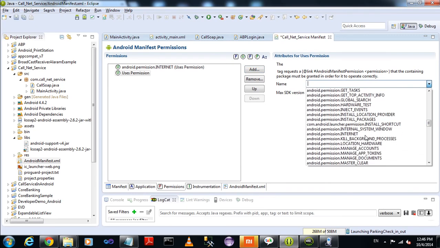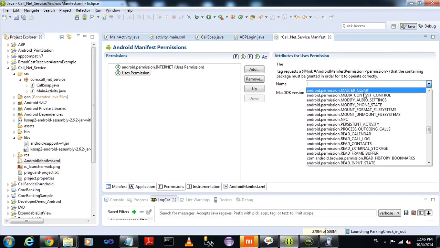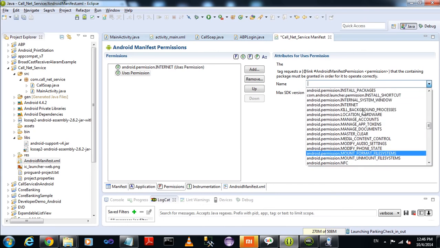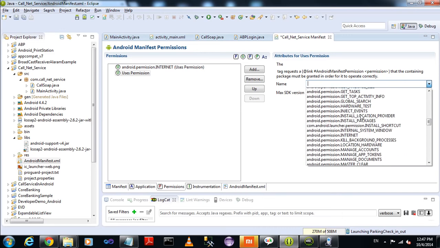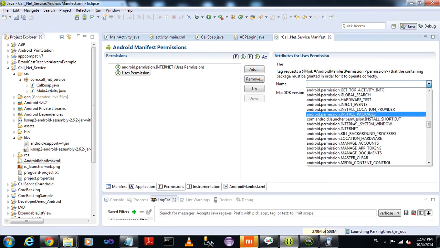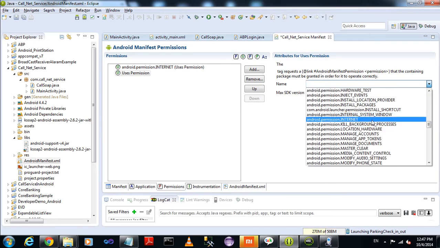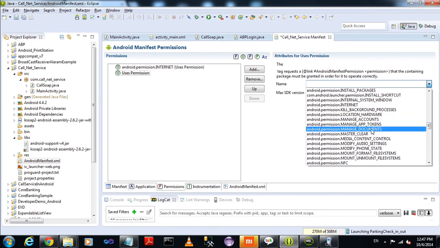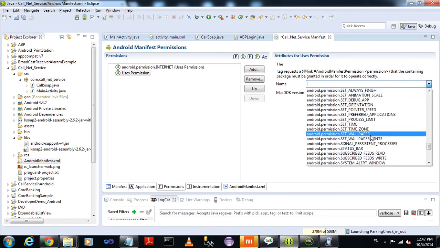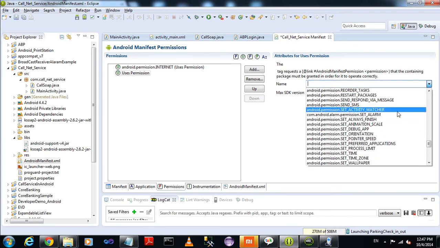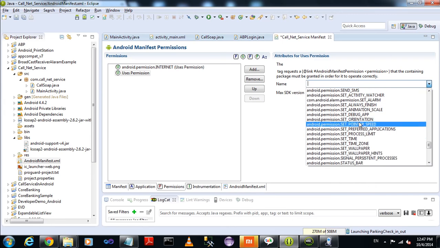There are so many permissions, so it's difficult to find.